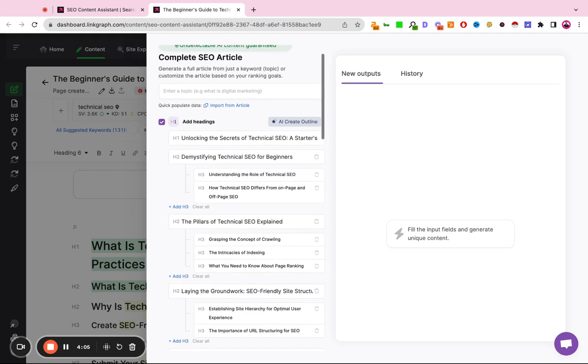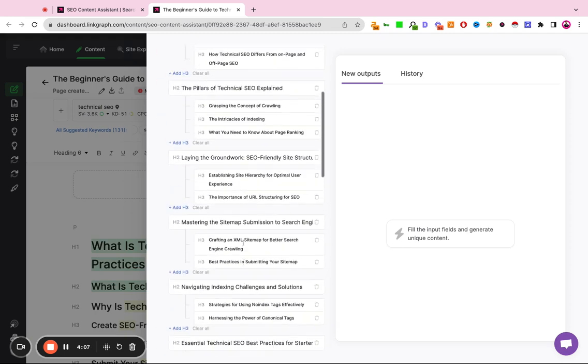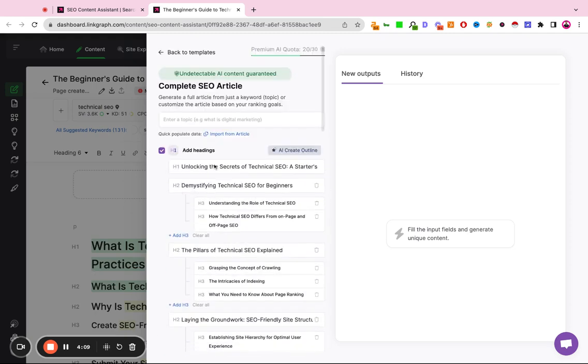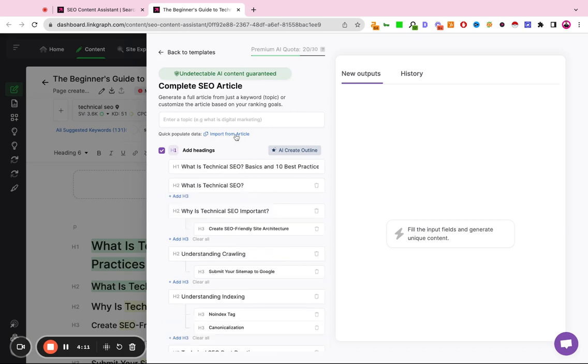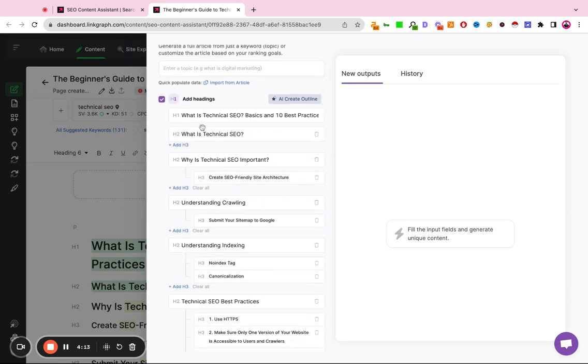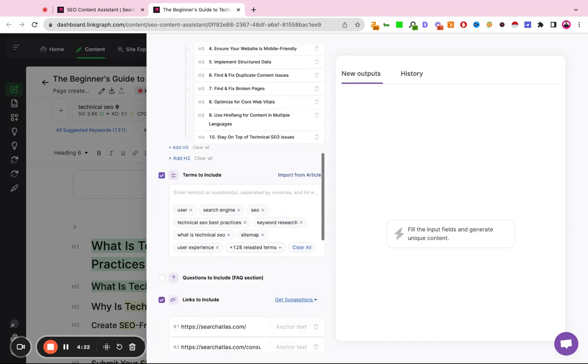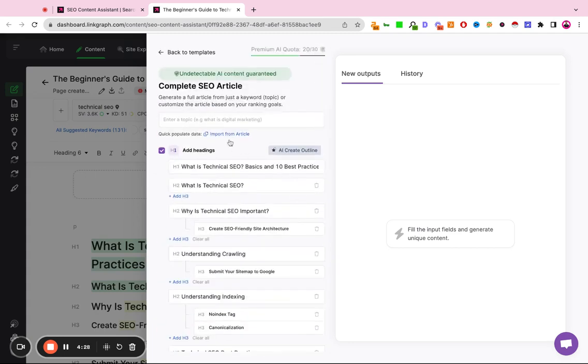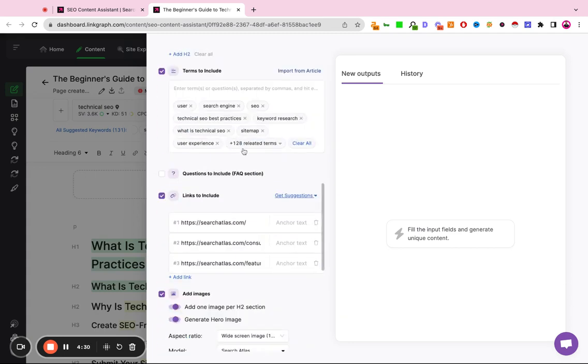These are going to be the new headers that we've created. Now, if I don't like these headings, like I said, if I already have the existing items, I can simply hit import from article, in which case the tool will import the headings that I manually typed in and structure them for us as H1s, H2s, H3s, and so on. This module here, terms to include. So if you click import from article, either here or up here, the tool is automatically going to import all